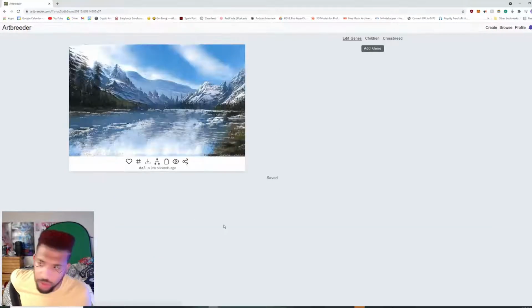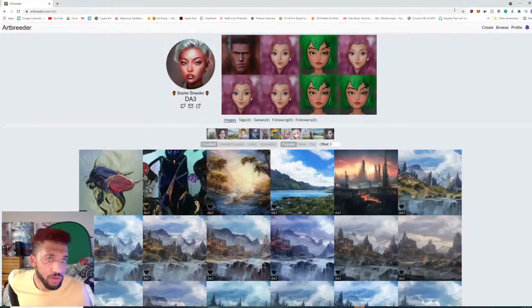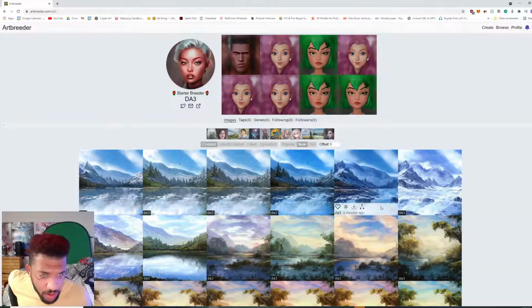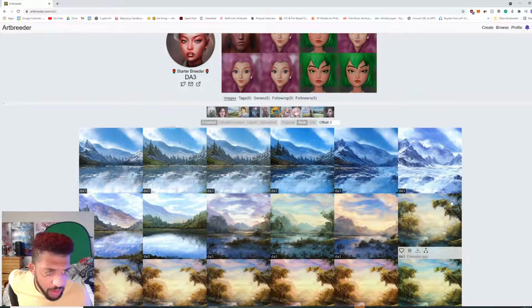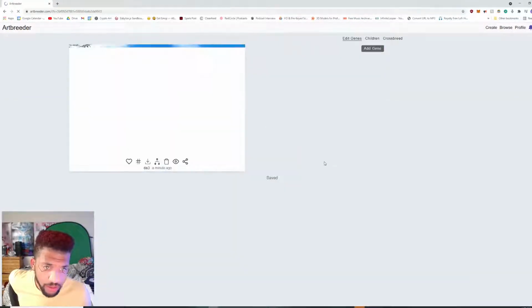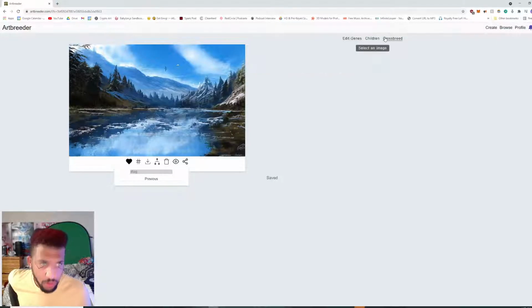Wow, I love these images. I really do. Let me go back to the uploaded, created. All right, so I really liked when we brought this ice lake in, and I liked the saturation in here. So I'm gonna go ahead and favorite that one, and I'm gonna cross this one